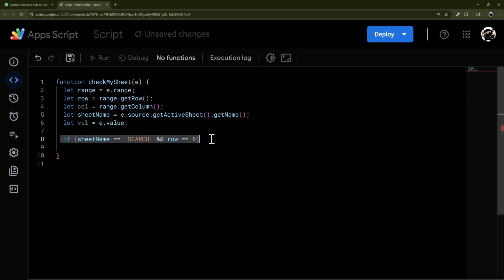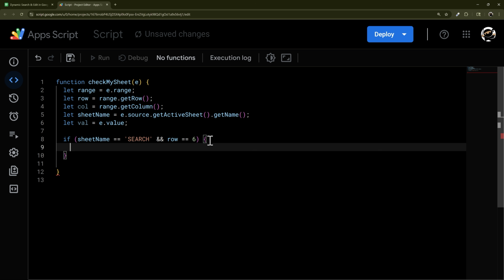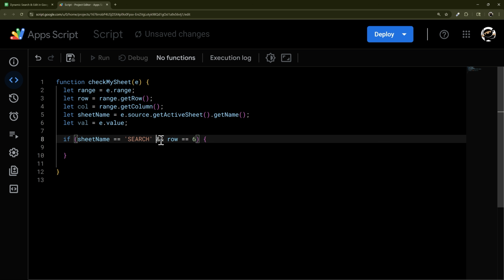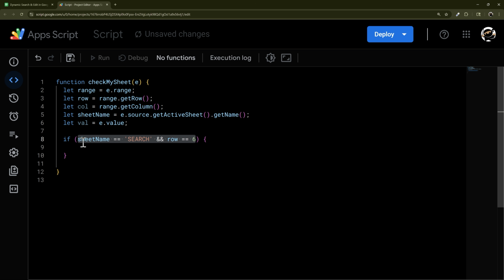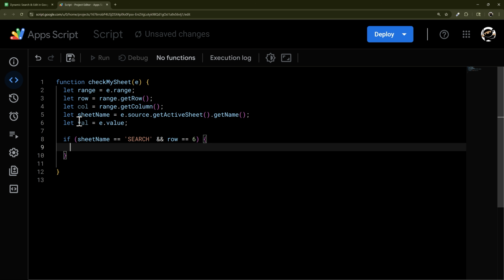And so inside this if statement, we're going to do a couple things. As long as they're all true, then it's going to continue and execute whatever code we have in here. So we can combine multiple with these double ampersands. And so assuming these are both true, we now need to be able to, first of all, determine what our